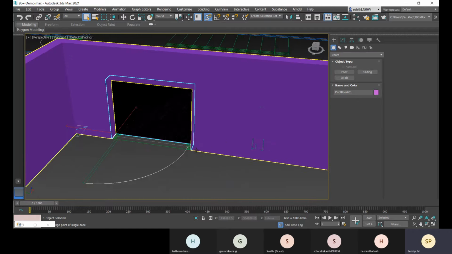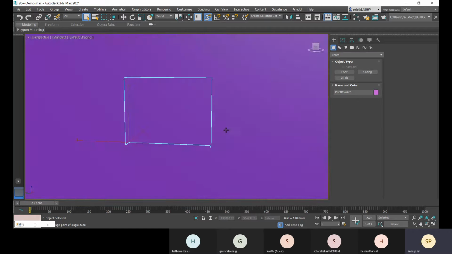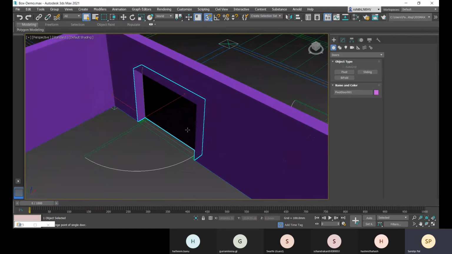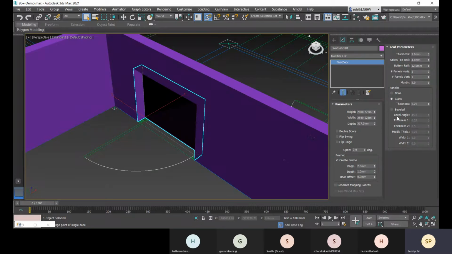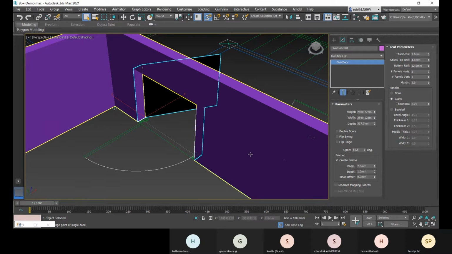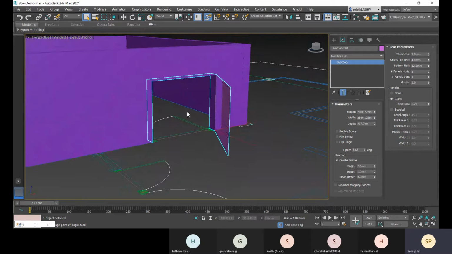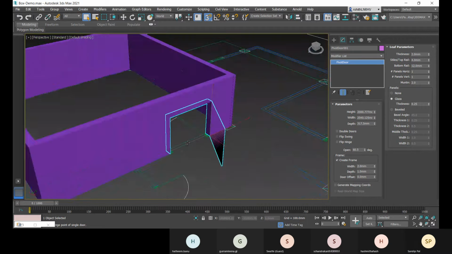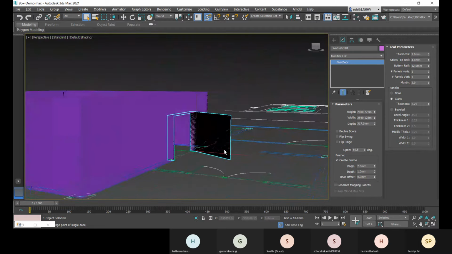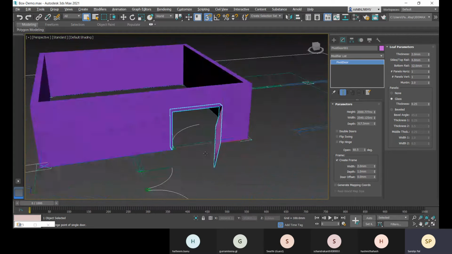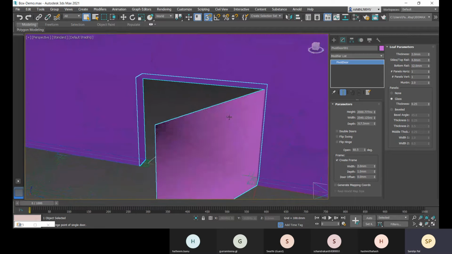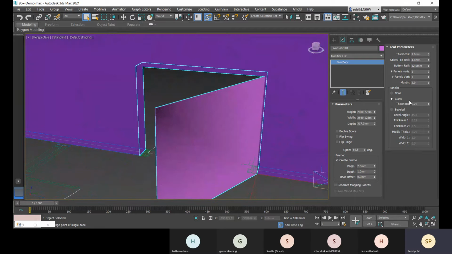Now let me come back to perspective, and that is created here. You can see, right? And let me select this door and then come to modify, and then you can go for this opening angle. All right, so it's like a Revit. It will cut. All right, so this way you can place all your doors, right? And about the panel, so that is the thickness. So you can change the thickness.